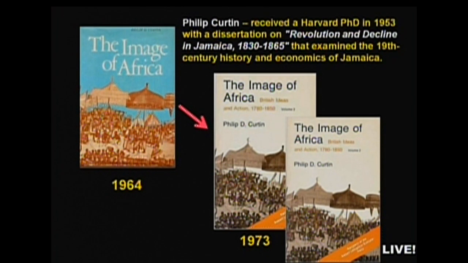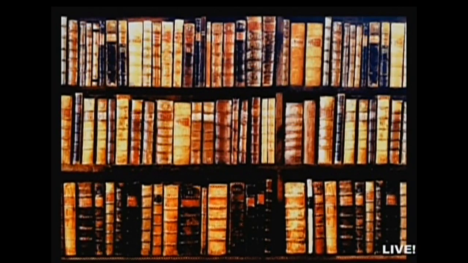He was himself a scholar in the first instance of the Jamaican Revolution back in the 1830s, and his work on Africa came after his work on Jamaica. He had in mind the whole Atlantic system in some sense. But it invited a lot of historians to look at the printed word in this earlier period, what amounted to